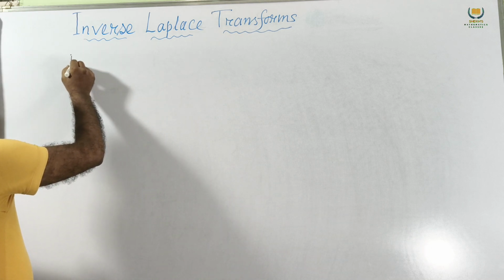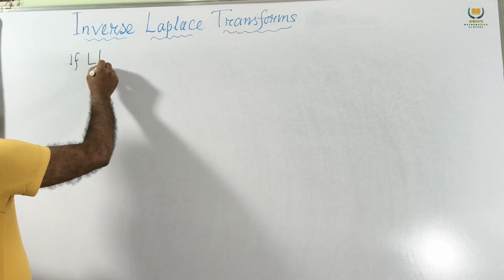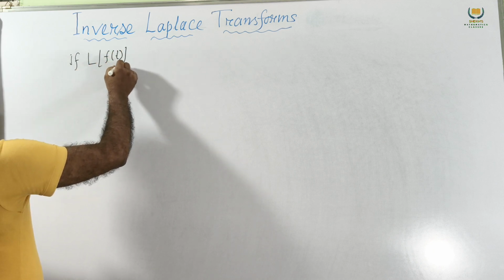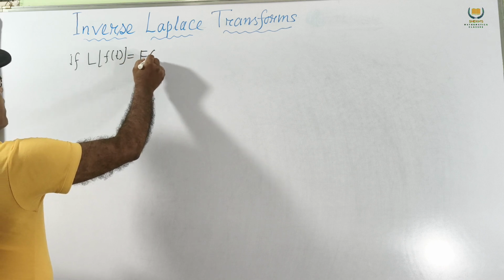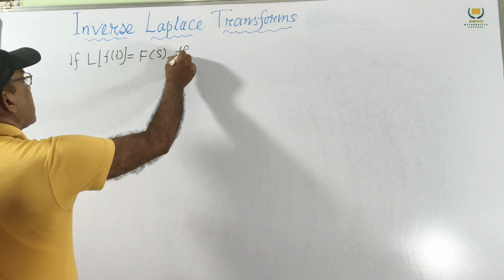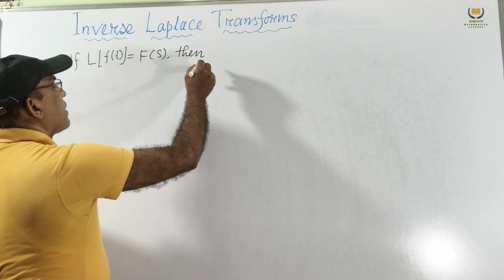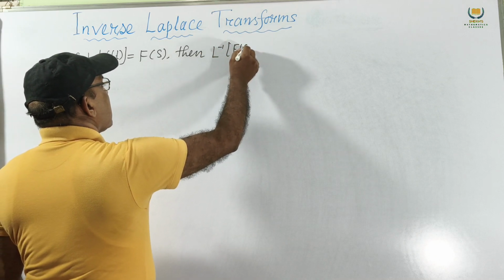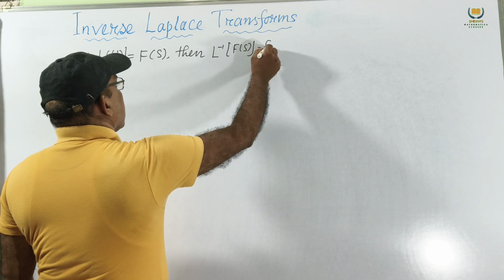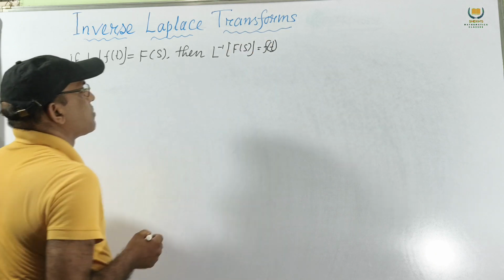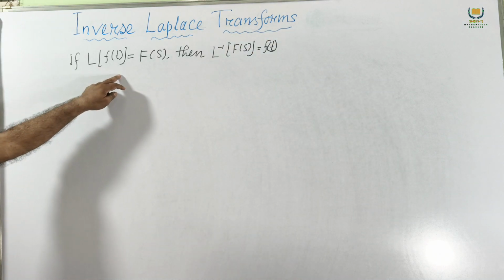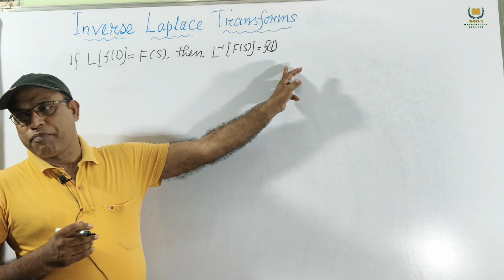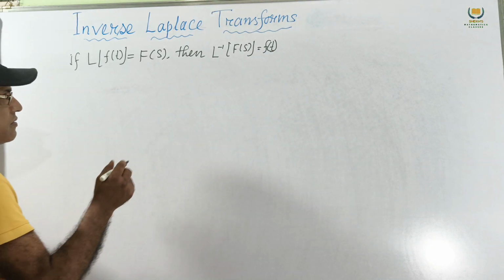If L of f(t) equal to F(s), then L inverse F(s) equal to f(t). This one. If L of f(t) equal to F(s), then L inverse F(s) equal to f(t), where